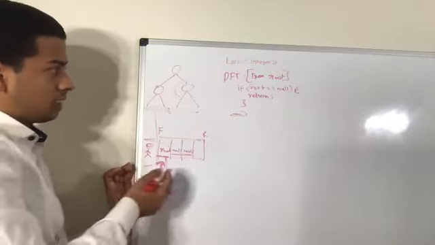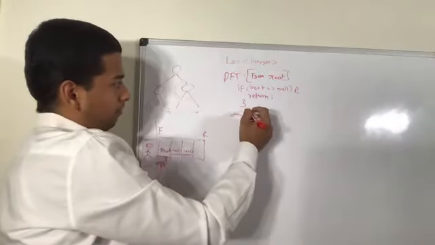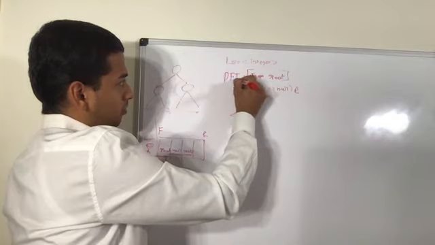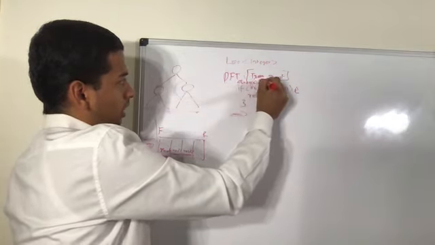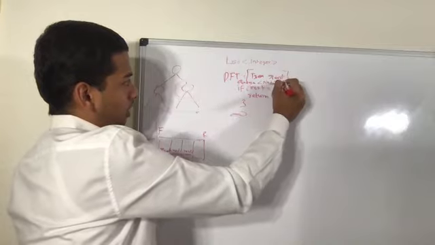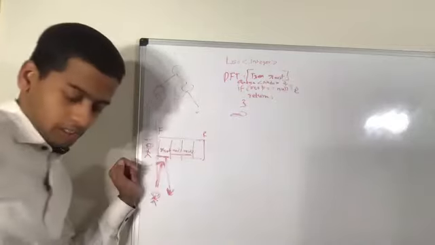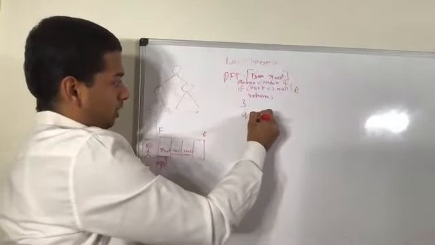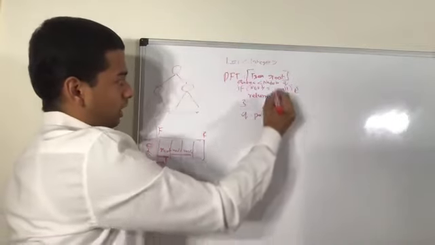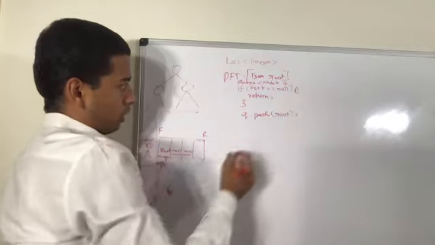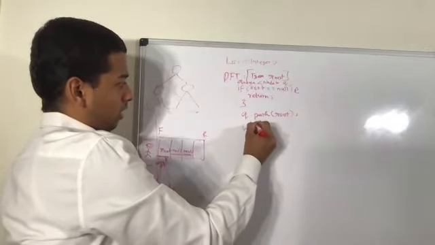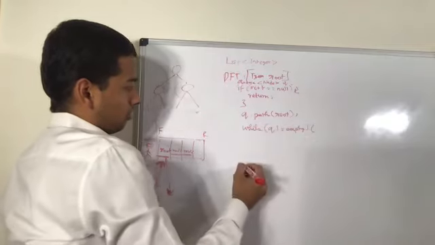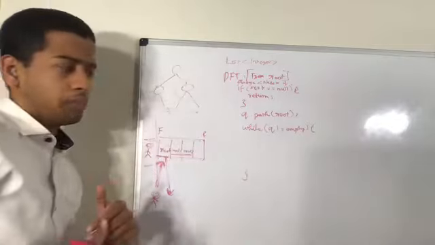Now the first step. Of course, we have defined a queue here, a queue which takes the node element. Now first step, I'm pushing the root node because that's the only node that will be there. So I'm pushing the root into the queue. Then I'm checking while the queue is not empty.